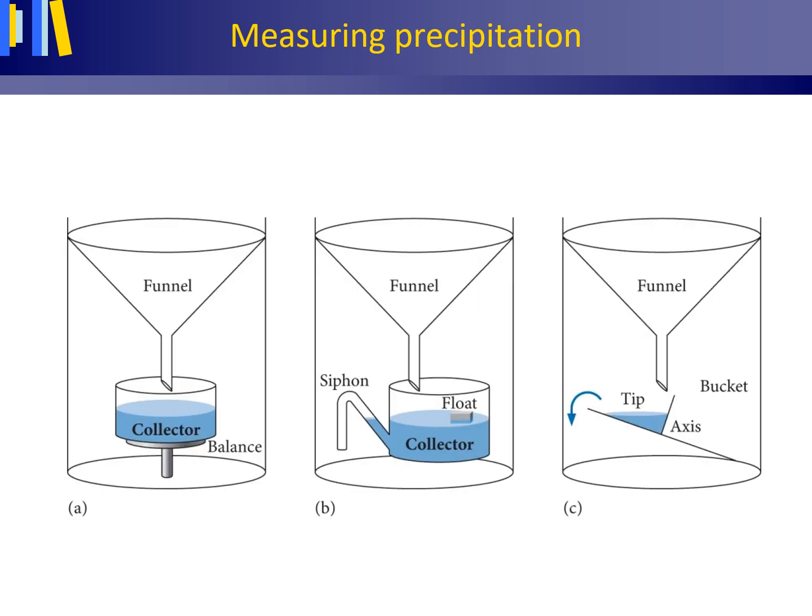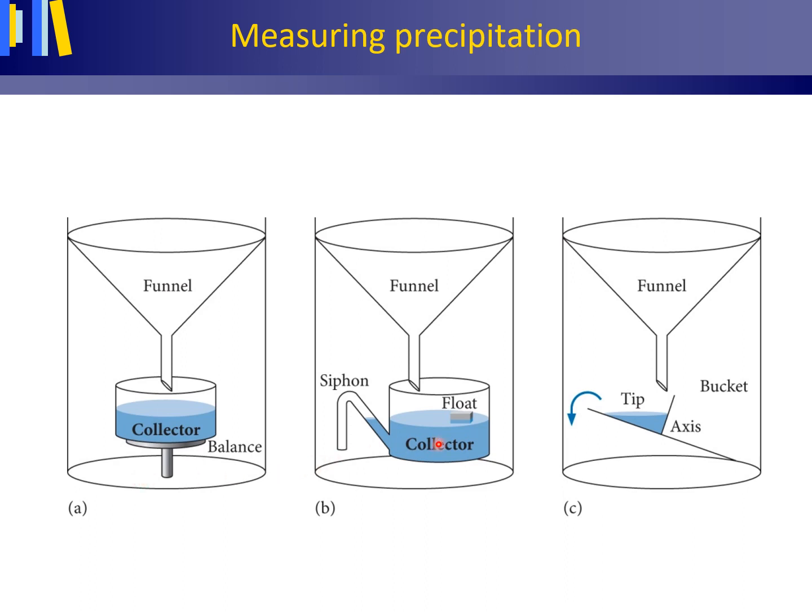There are three main types of recording rain gauges, registrerende regenmeters, for measuring precipitation at a point location. The weighing rain gauge to the left, the float and siphon rain gauge in the middle, and the tipping bucket rain gauge, het kantelbak systeem. In a weighing rain gauge, to the left here, the mass of the water in the gauge is continuously measured and registered. Since 1 liter of water has a mass of 1 kilogram, any difference in mass can easily be converted to a difference in rainfall volume and thus rainfall depth.